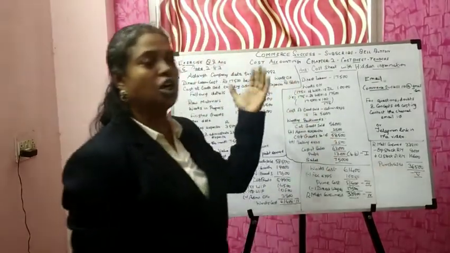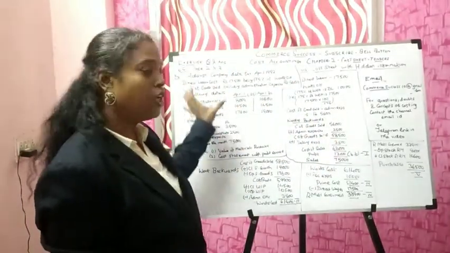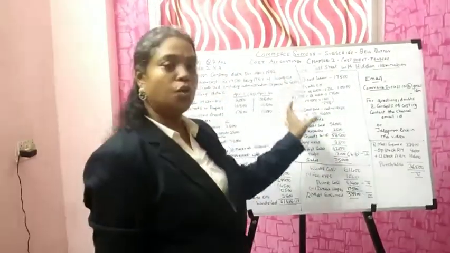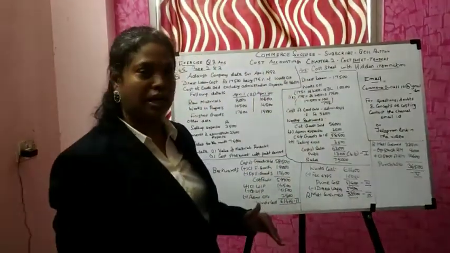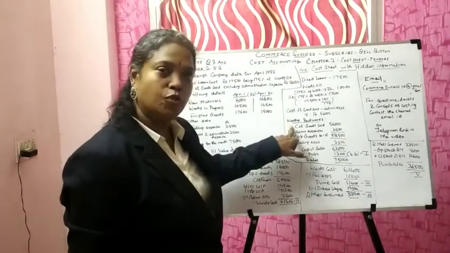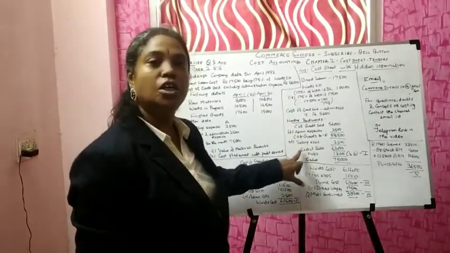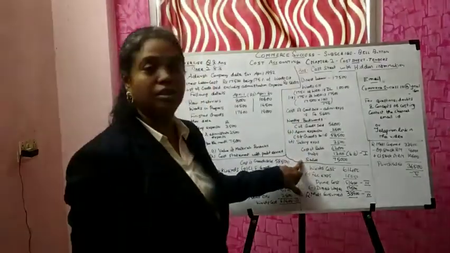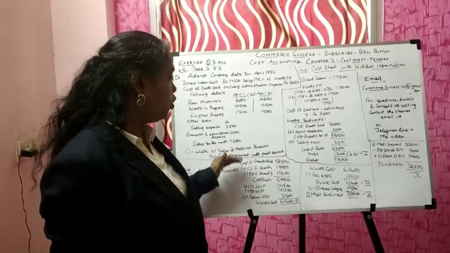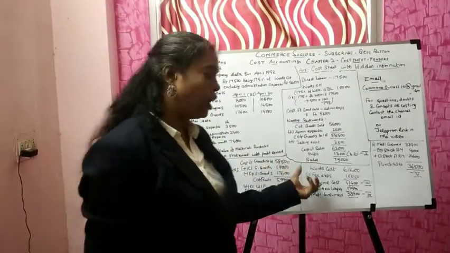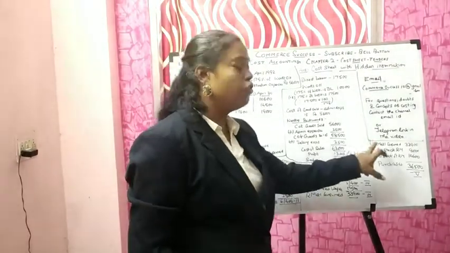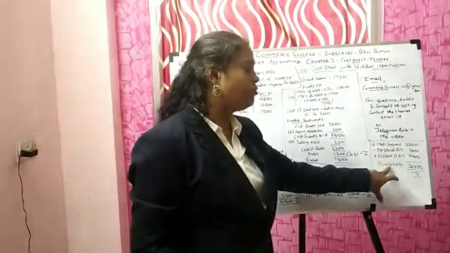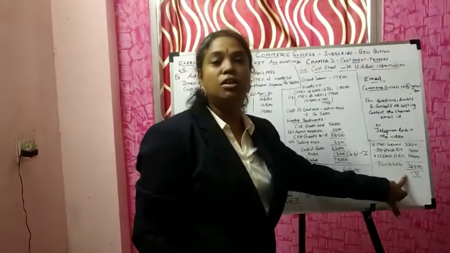So this is how you start working out backwards with whatever information is given. First write out what sort of information is given. From that information, start working backwards. You start with the cost of goods sold, and you find the cost of sales and the sales figure. Then you find the works cost, then the prime cost, and then the raw material consumed. After you find the raw material consumed, you can easily find the purchases, which is your final figure.